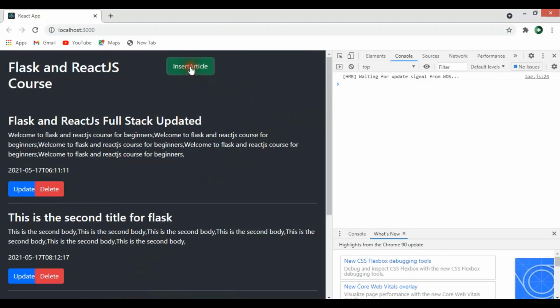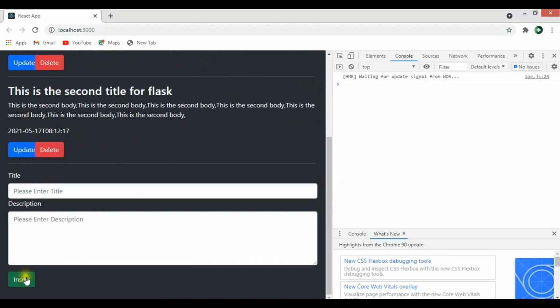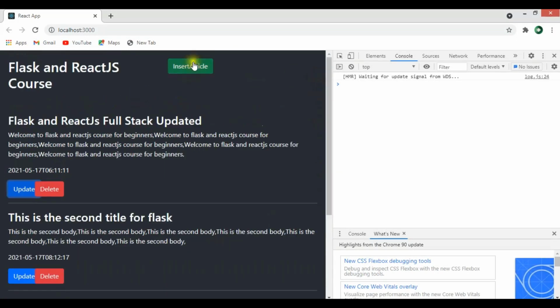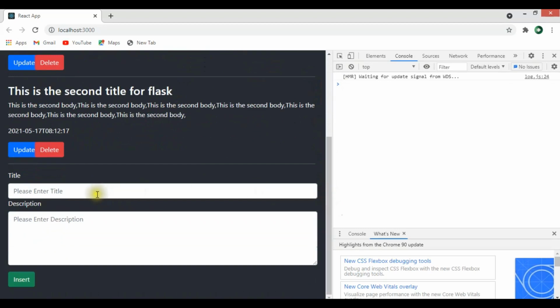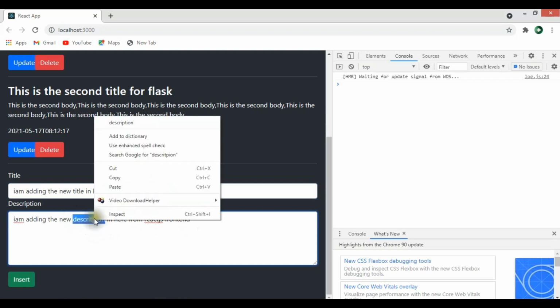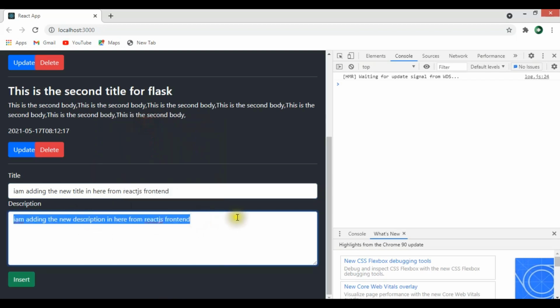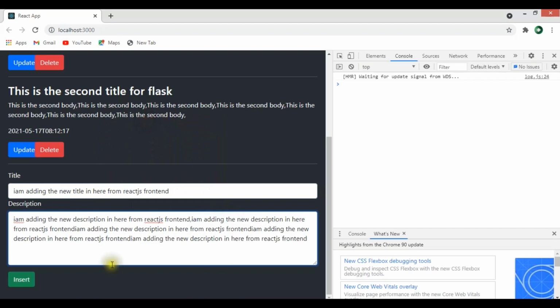So now if I click on the insert article, you can see I have a form, and you can see that the button is changed to insert. If I click on the update, you can see that we have update. But if I click on the insert, I have my insert mechanism here. Now let's just add the new data. So I'm adding the new title in here from ReactJS front end, and let's change this to description, and let's just copy this. Now if I click on the insert,